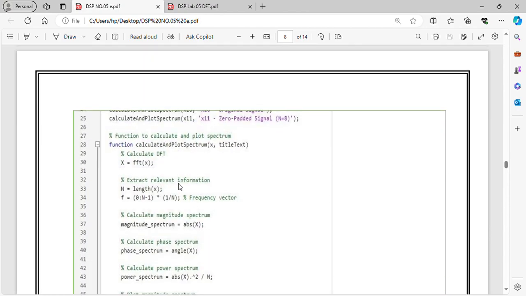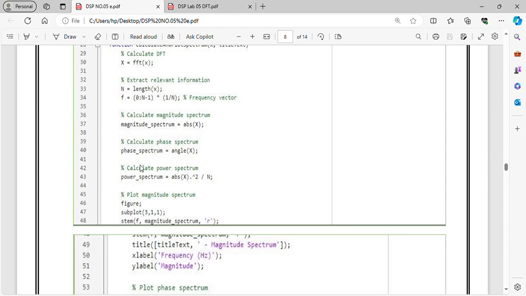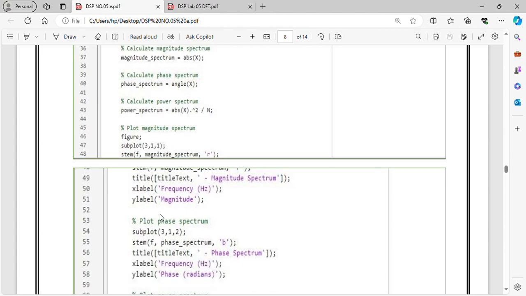The function to calculate and plot spectrum is function calculate and plot spectrum with inputs x and title. Calculate the discrete Fourier transform, which is X equals FFT of x. Extract relevant information. N is equal to length of x, and f is equal to 0 to n minus 1 multiplied by 1 divided by n, which is the frequency vector. Calculate the magnitude spectrum, which is equal to absolute x. Calculate the phase spectrum, calculate the power spectrum by the given formulas, and plot the magnitude spectrum. Give it a title, x label, y label,